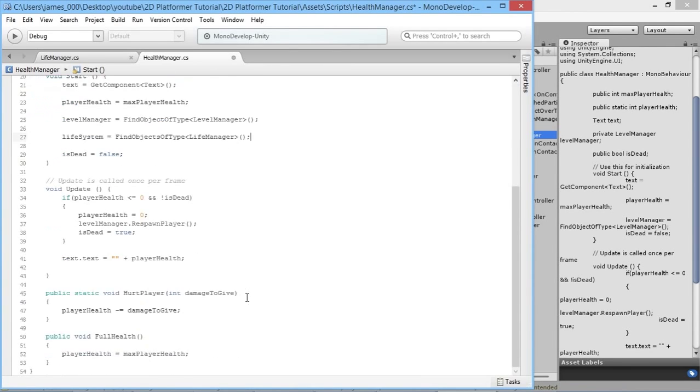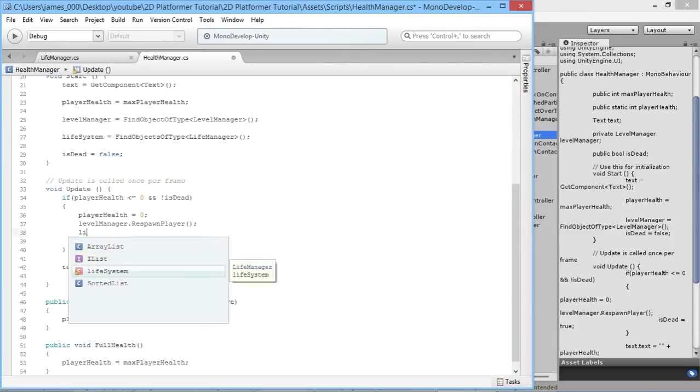There we go. Basically, here we have our little function that decides when the player's health is less than 0, and it does the whole respawn the player system. But if the player health is less than 0, we also want to take a life away. So, life system